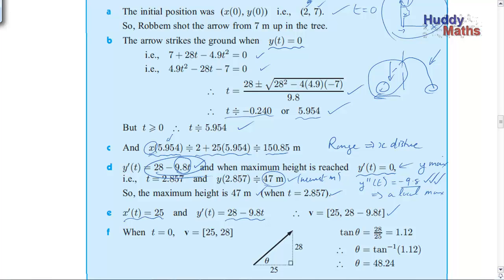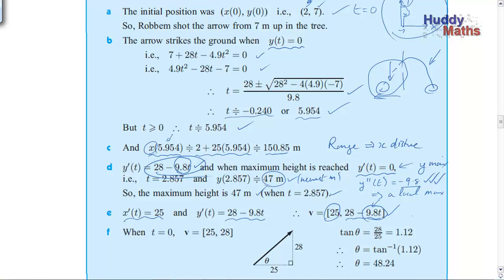Okay, and you can see this is constant, but the y component, due to that acceleration due to gravity, is going to vary with time. The longer the time that the gravitational force is acting,